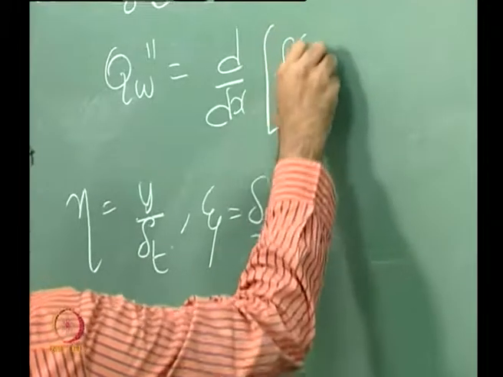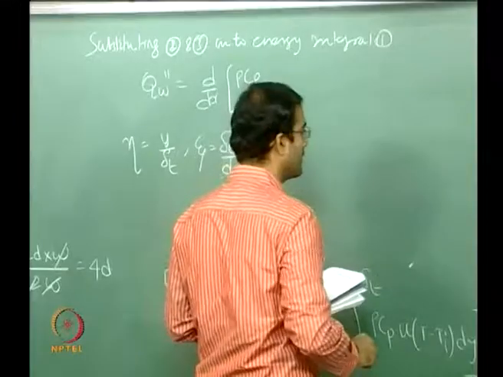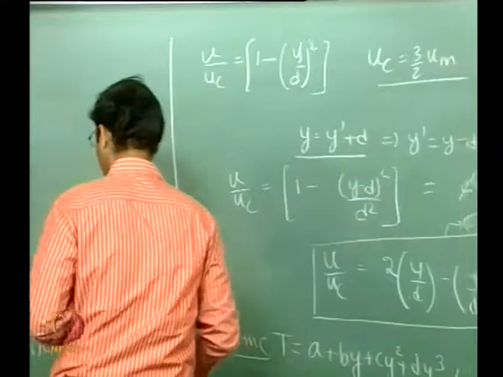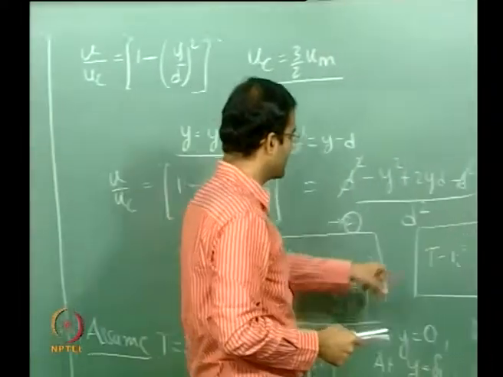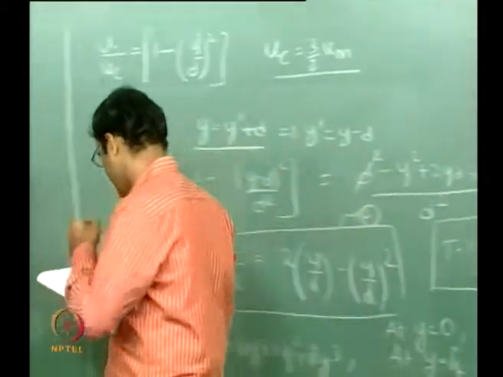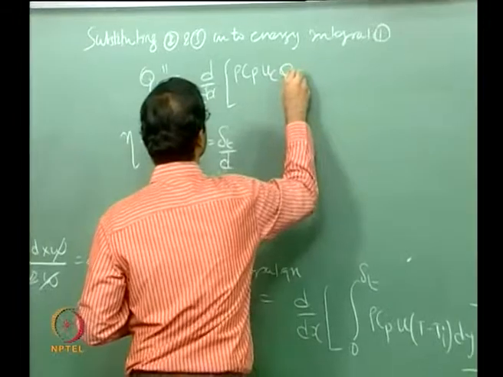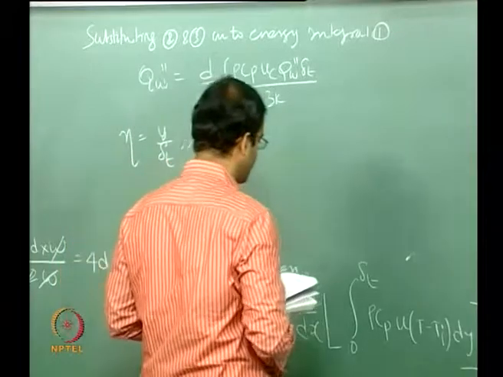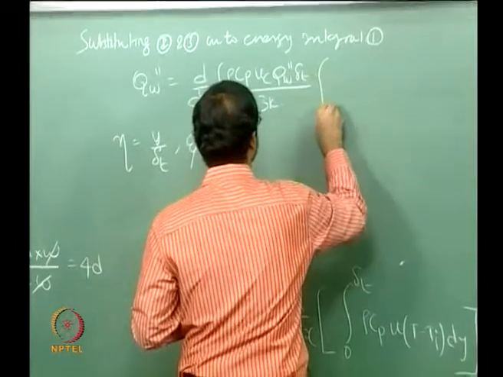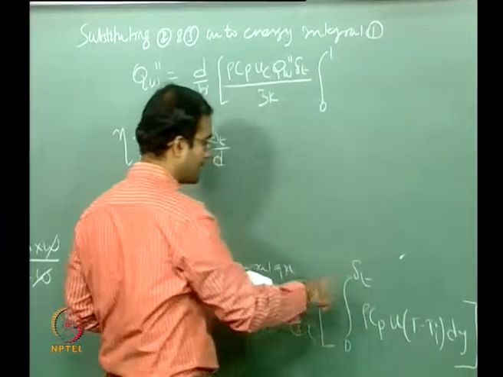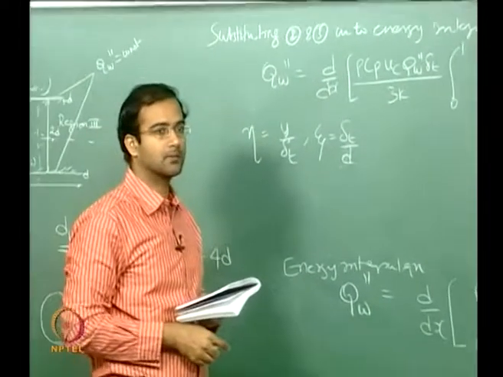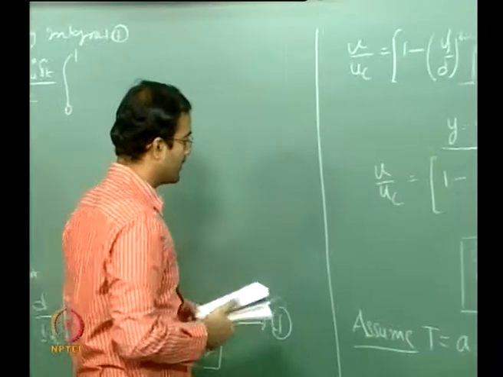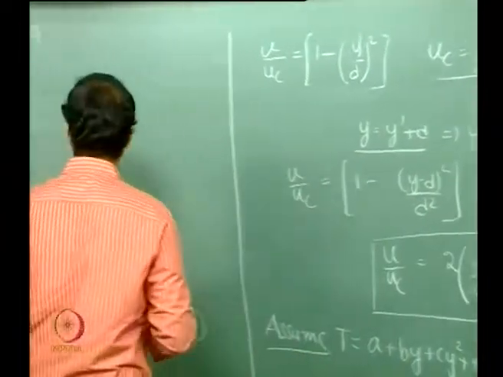So this is rho Cp into uc, and t minus ti is nothing but q wall double prime delta t by 3k. So I can write that as q wall delta t by 3k, which I can pull out of the integral, and now I can integrate from 0 to 1. So at y equal to delta t, eta becomes 1, and you have u into t minus ti, and u you have already written as uc into this, so this will be 2 times